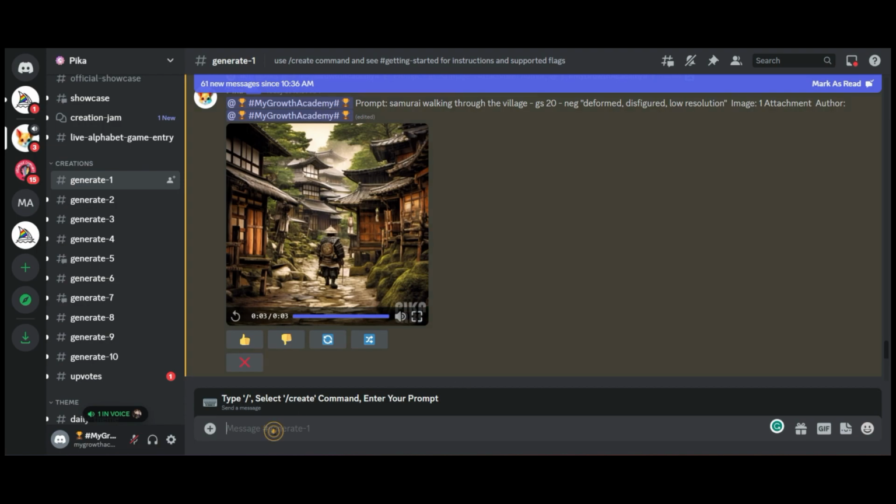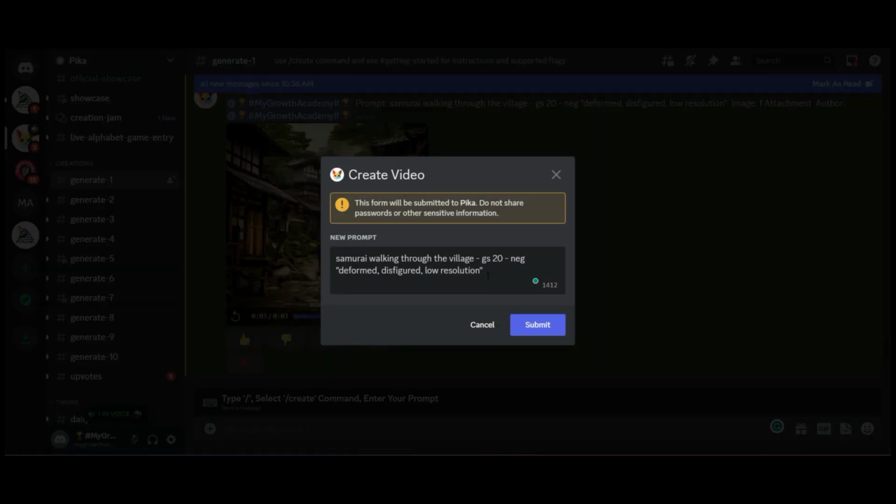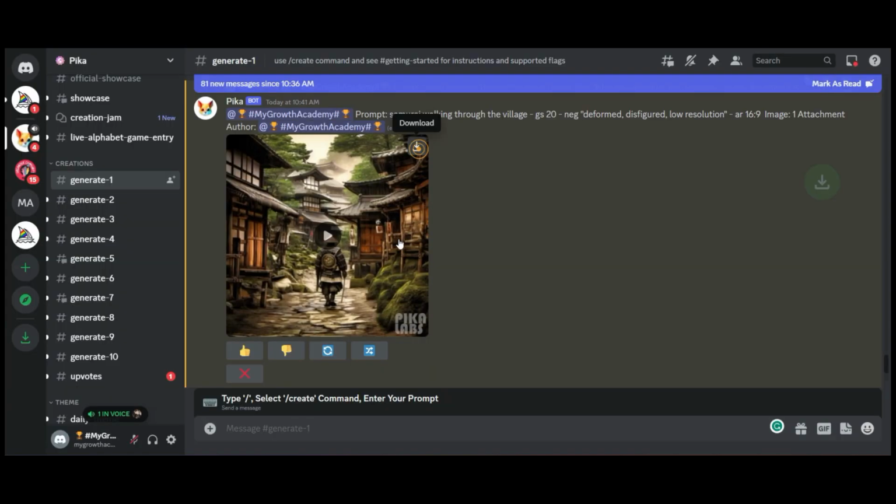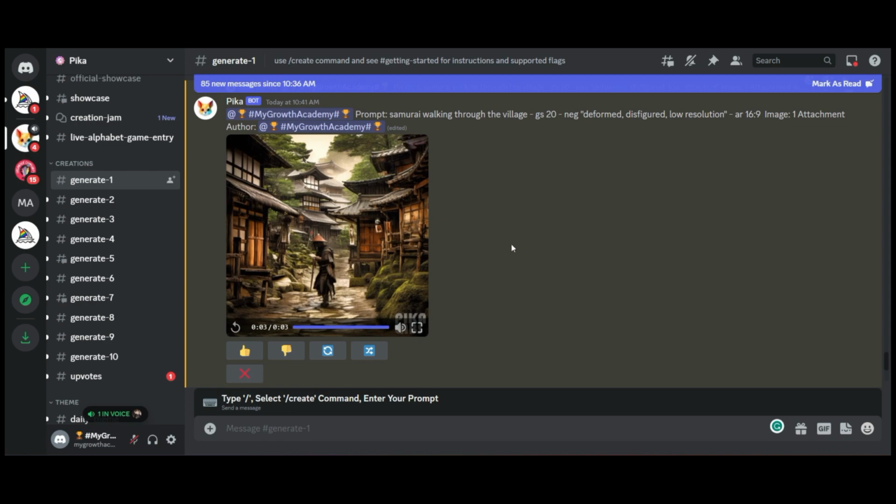The next one is the aspect ratio. So we can change the look and feel by changing the size ratio of the video. And we do that by saying dash AR, and then we can add in the ratios. Now, Pika Labs supports 16:9, 9:16, 1:1, and 4:5. By changing that, I should have changed the ratio. It won't look like it right over here on the interface, but as soon as I download it, I should be able to see something that is more in keeping with the ratio that I asked for. There's also a seeding option,